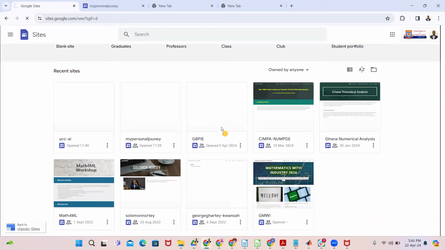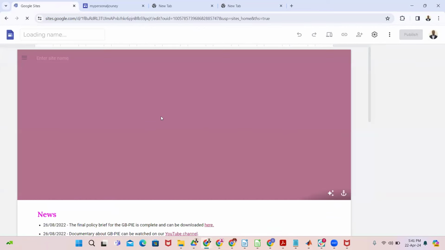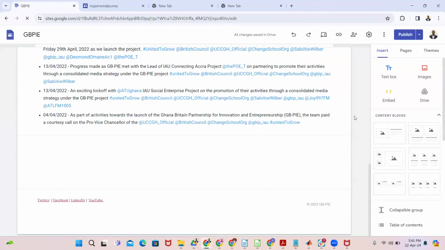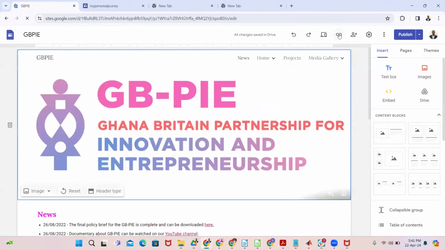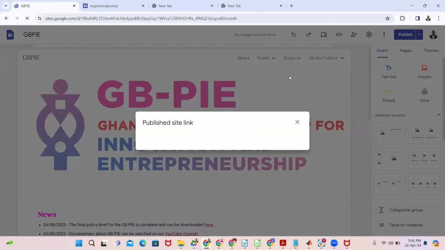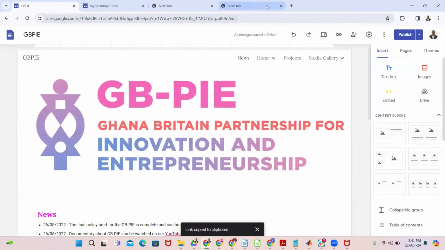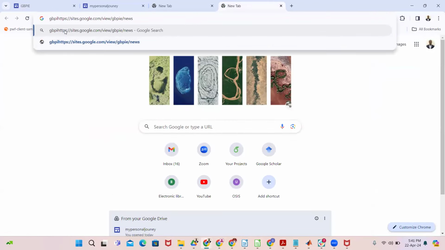This is the GBPy one. So this is really done entirely in Google Sites. You can just copy the link, right? This is the published link. You can just copy it, and then you come here. You see this one I don't have the UCC there because I developed